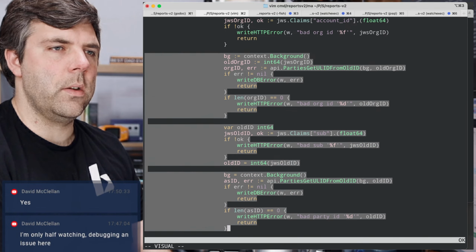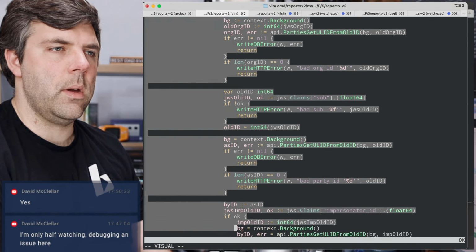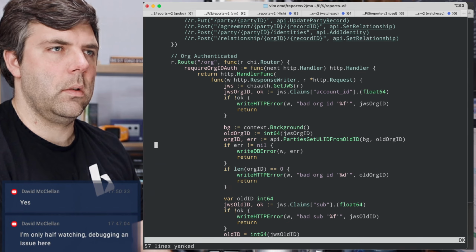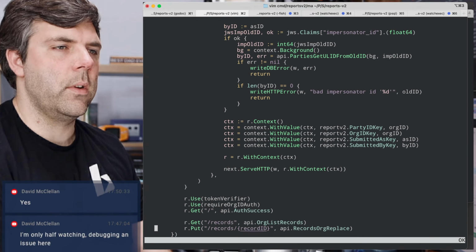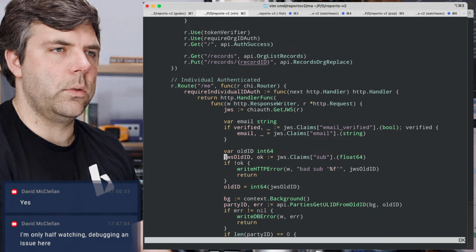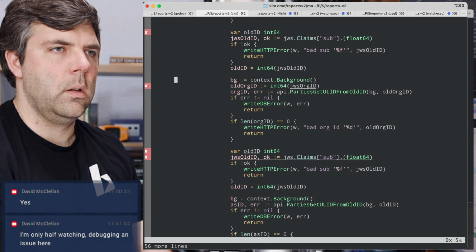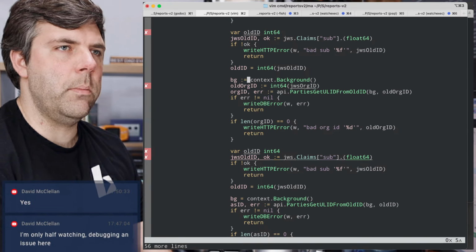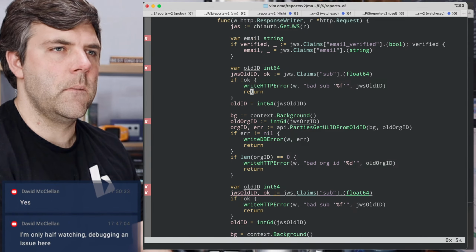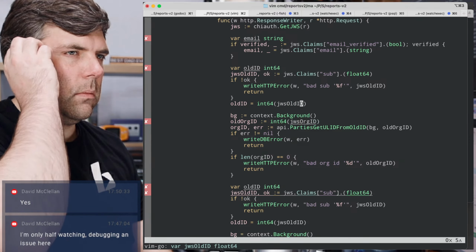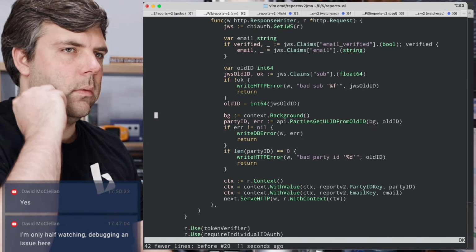So I think this whole chunk of code, if I'm not mistaken, can replace this whole chunk of code from about right here, and then retain parity. Or maybe not.